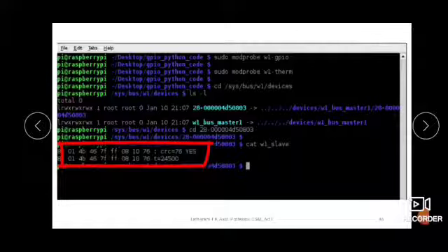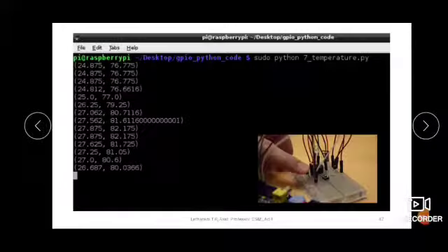So then after this you will execute the program. After you execute the program, you can see here cat w1_slave. If you read the value, it will be these 2 lines. These 2 lines you can see in this file, which will be fetched by the program. After that you execute sudo python temperature.py. So then it keeps executing.